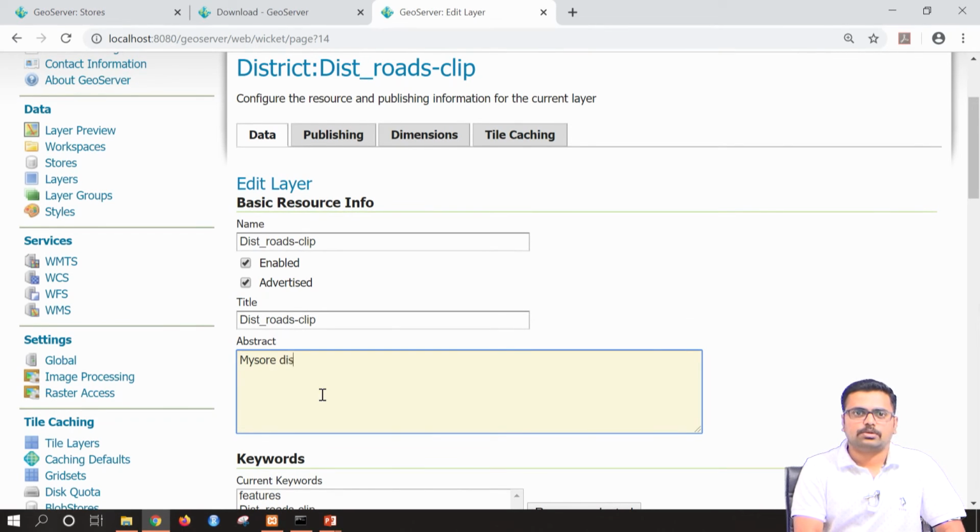Here I am saying Mysore district roads including NH, SH, MDR, major district roads, and OR, that is nothing but other roads.